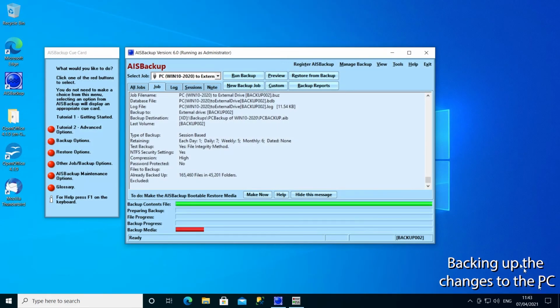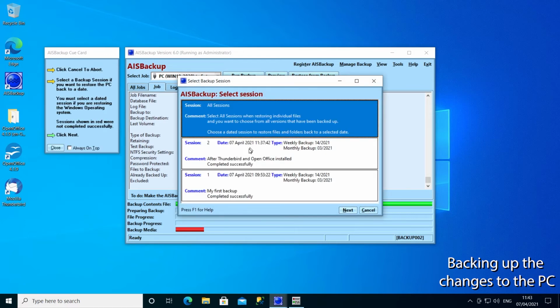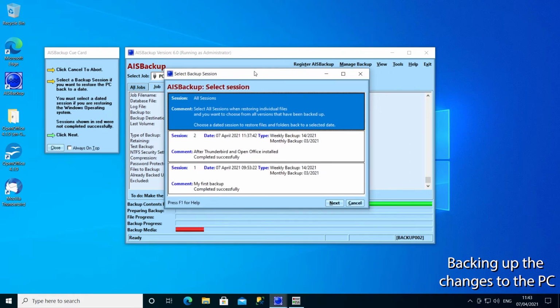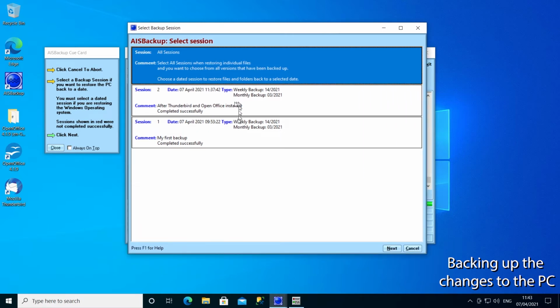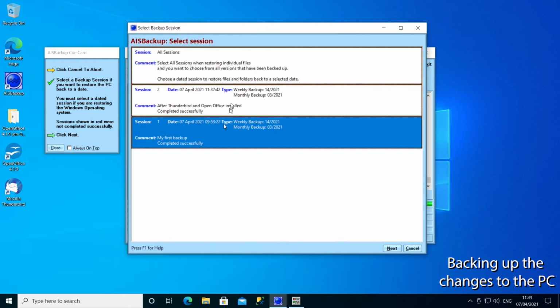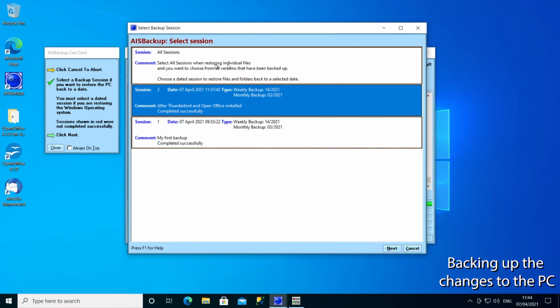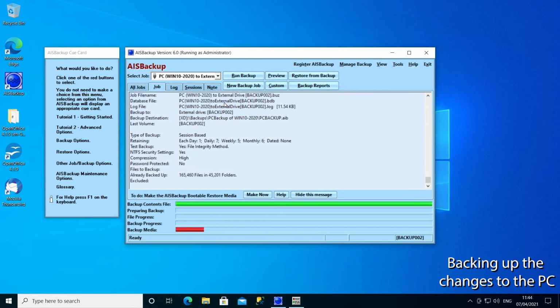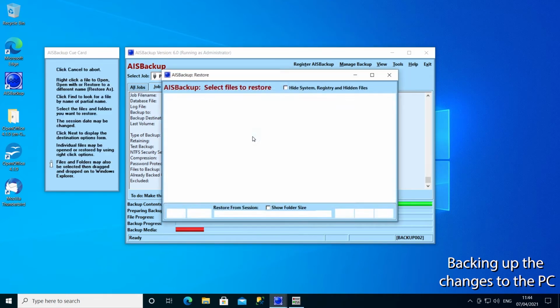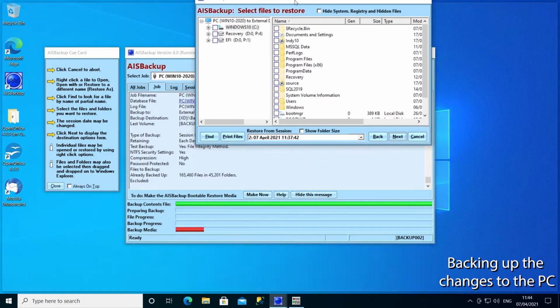Close that. Let's quickly show you the restore form. Now, if you're restoring the operating system, you'd have to choose a dated session. All sessions will show you each version of each file from each backup session. So we're going to session 2, and you can see